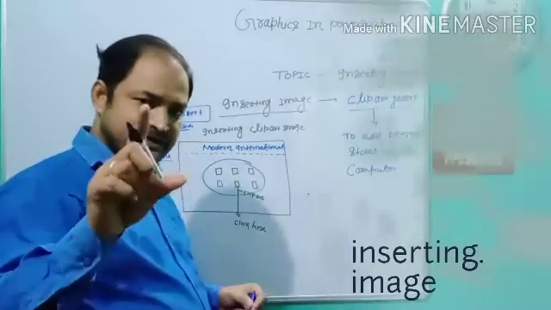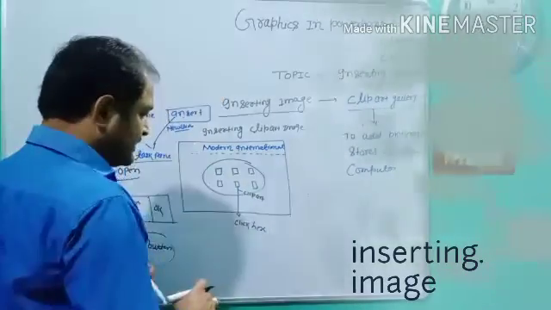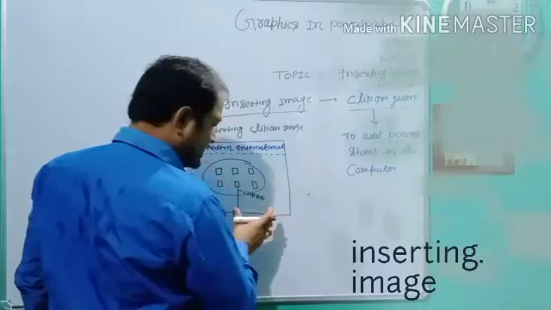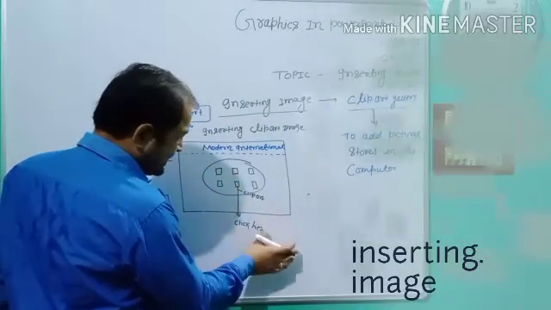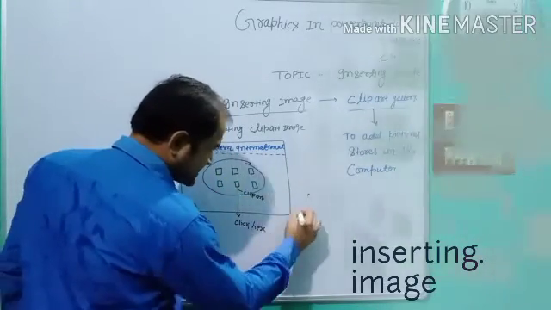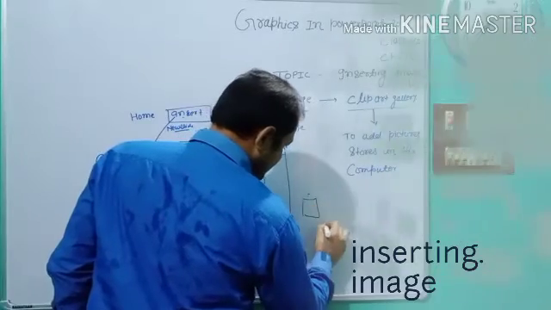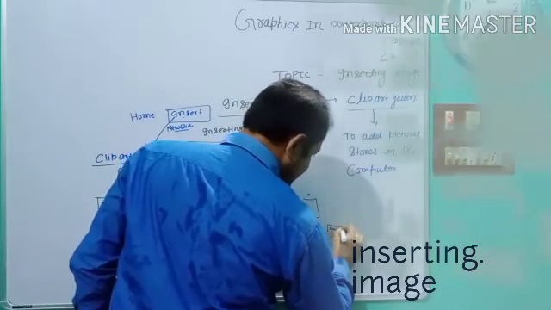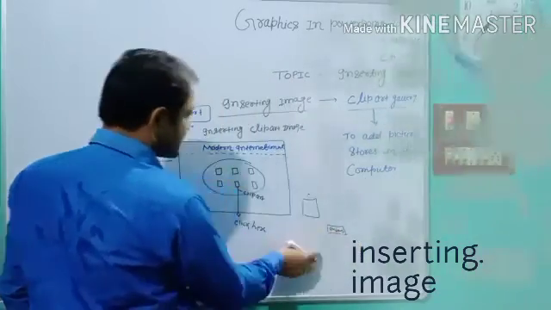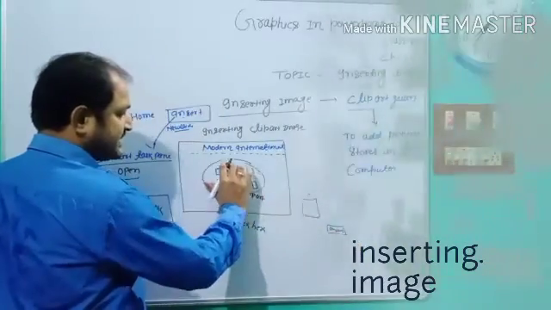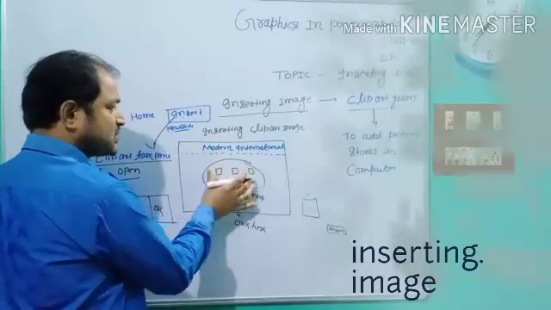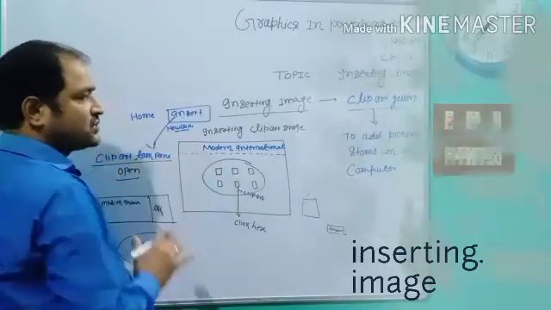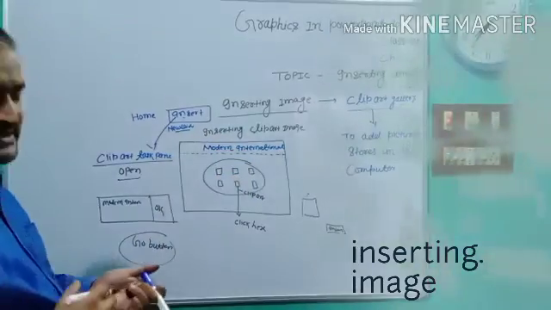Click one time, then enter, and then insert. You click the Modern International School image and a dialog box appears in front of you. This is insert, you just click insert. All our pictures are automatically drawn in this particular area. So this is the main use of inserting an image.